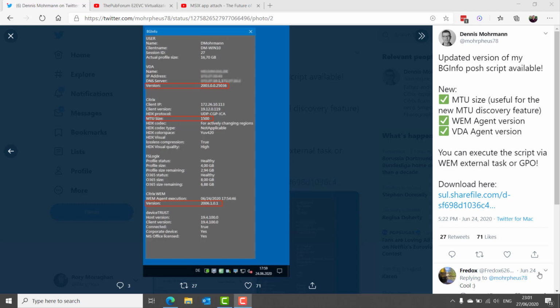It provides some very useful information, particularly in your Citrix environments, on things like if you're using FSLogix and profile size and that sort of thing. With this new version, it can also display the MTU size, WEM agent version, the VDA agent version, and you also now have the ability to execute the script via WEM external task or group policy object.